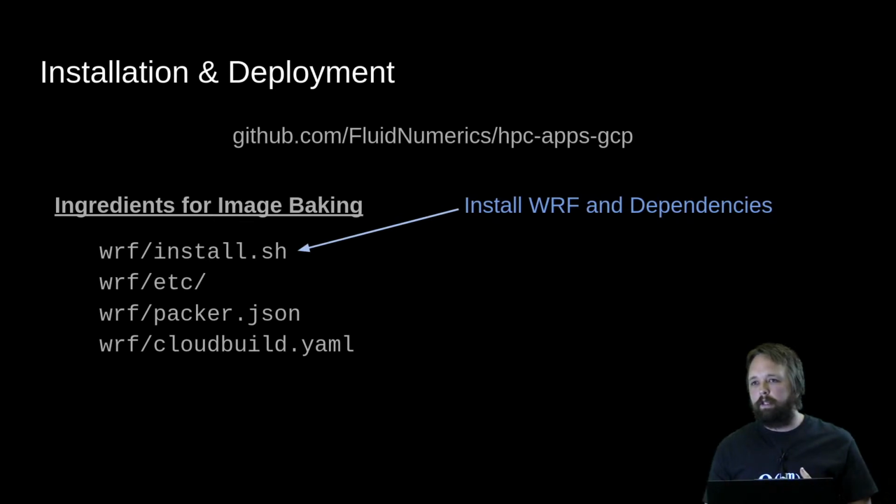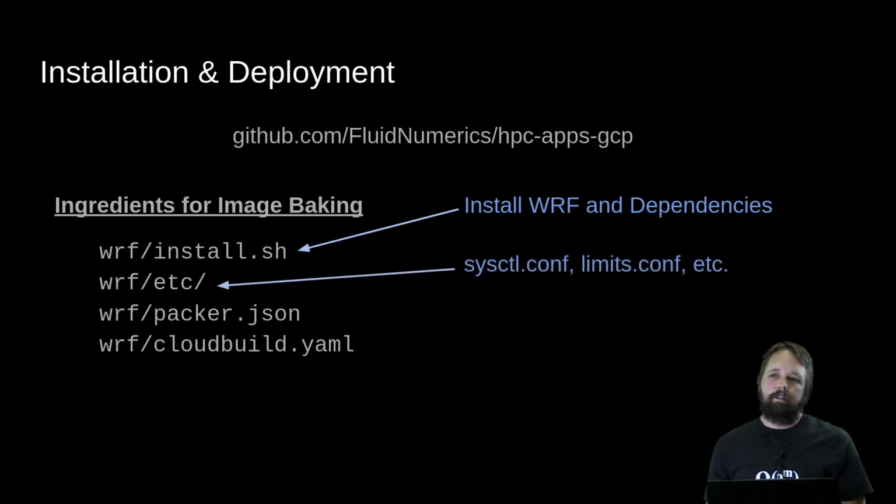In our case, we're using a GCC 9 OpenMPI 4.0.2 stack to install WRF. And of course, this includes everything like HDF5, NetCDF, Jasper, libjpeg, all those things that WRF depends on to get going. Underneath the etc directory, we have